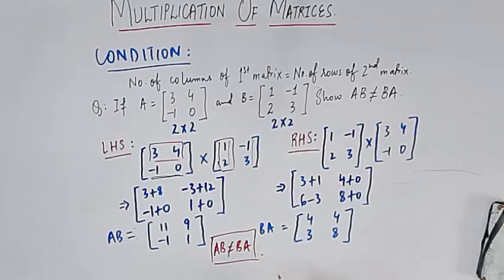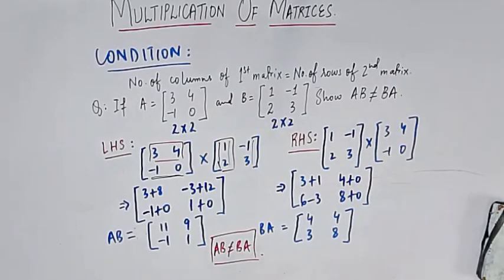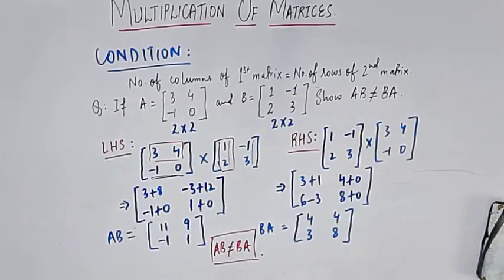So generally this statement is always shown or proved or verified, that the product of two matrices will be changed if the order is changed. If you are multiplying A into B, it will be different than B into A. But there will be a few special cases that we will see later on, in which this condition will not hold. They will be equal to each other, but we will see that particular condition. Right now we have understood in this video how to multiply two matrices.